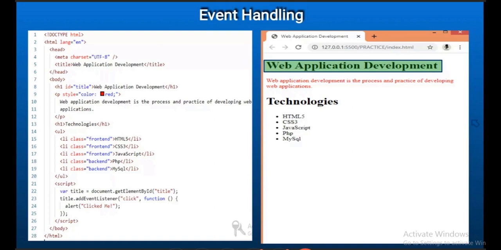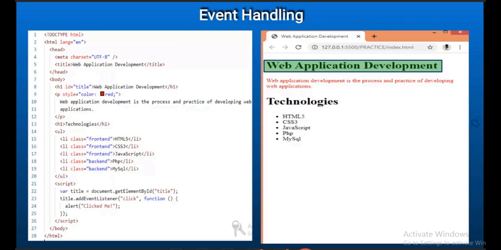For that click, we can have change or mouse over or key press, any event we can give. Given a click event, I have provided a function for it, and that is the action. In our slap example, the click stands for the corresponding slap, and the function part stands for the corresponding response, whether I cry or hit the person who beat me. So the function is the response.